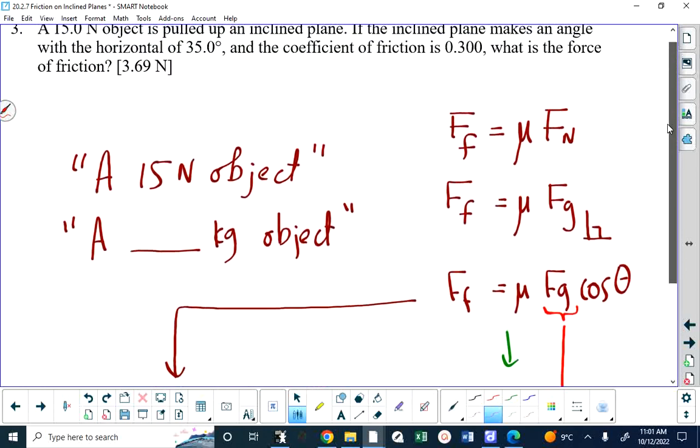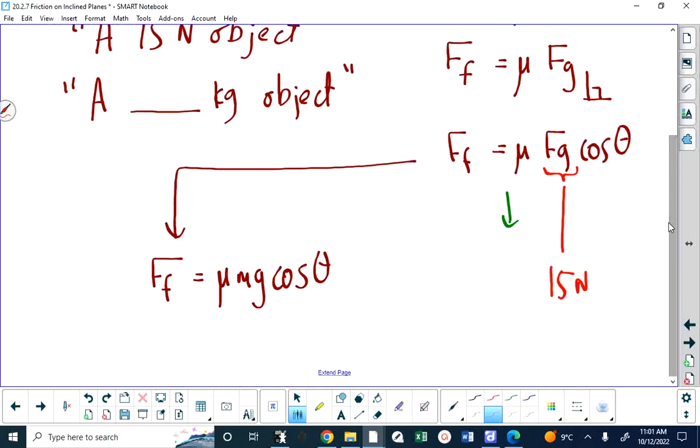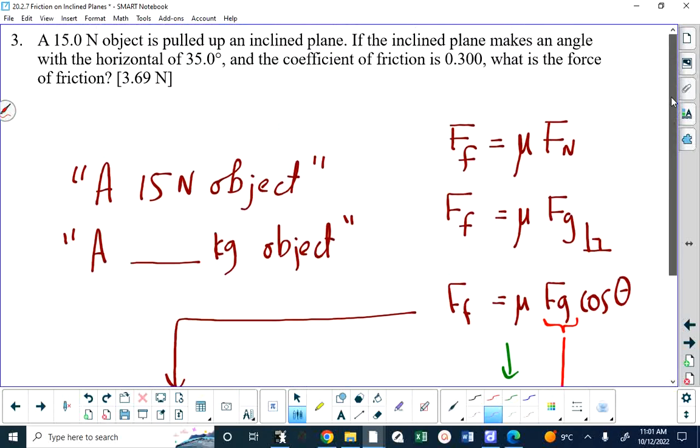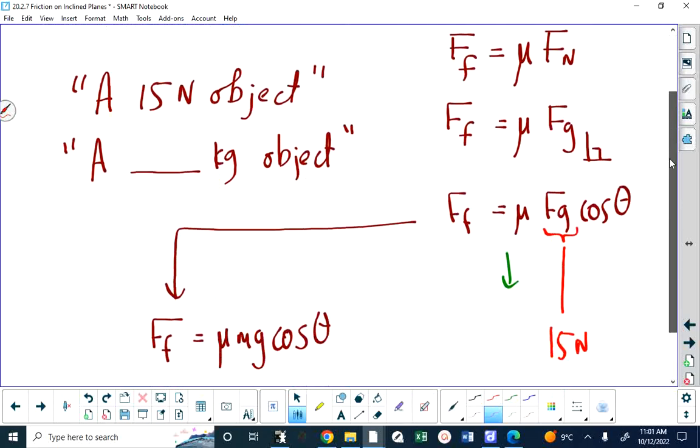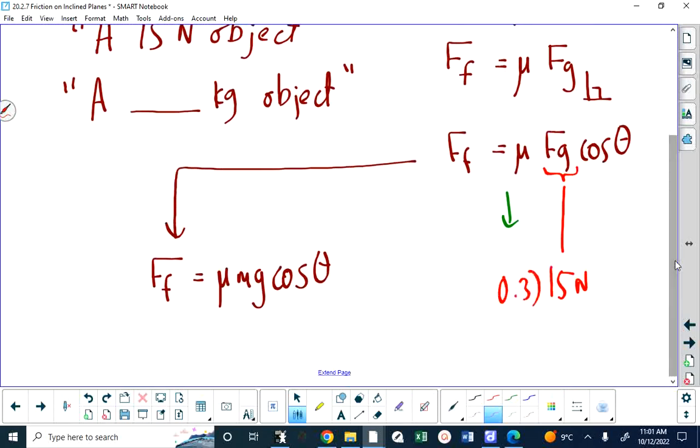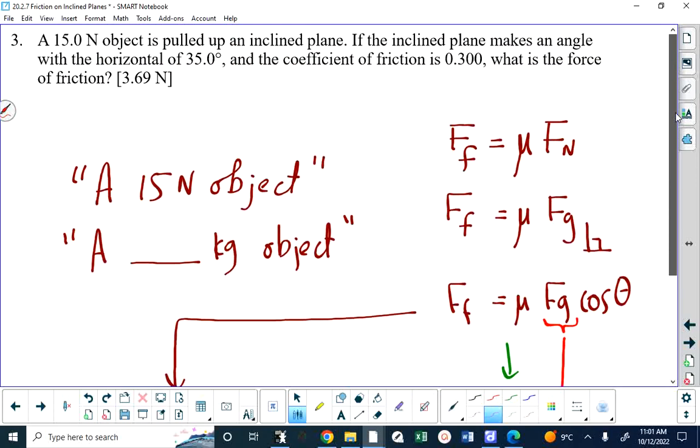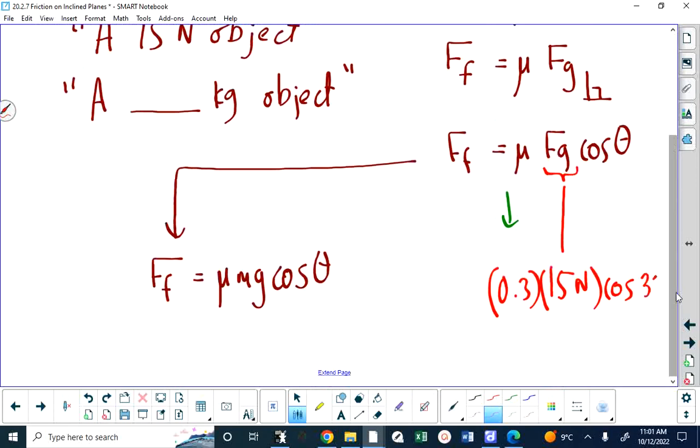When we say a 15 Newton object, we're actually told the weight of the object, the force of gravity. So I can just take my mu, which is 0.3, multiply by the weight, multiply by the cos of what I thought I saw was 35 degrees, and get the answer, okay? On the other hand, what I'm getting at here is you should always be looking ahead